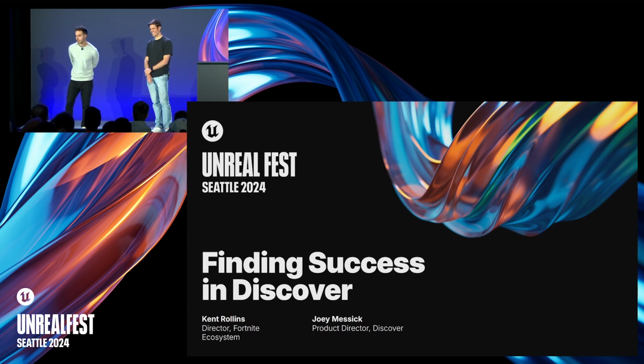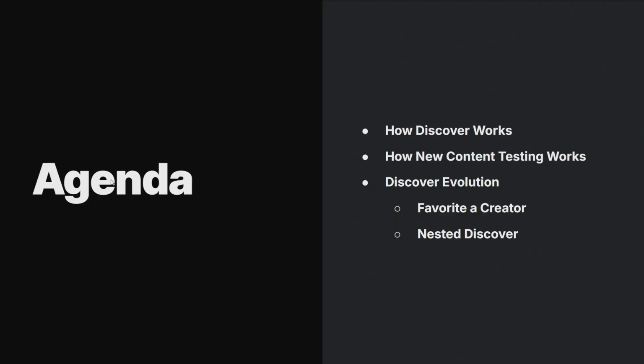Cool. Well, let's get into it. We've had a couple bites of this, and I think this ideally is the most condensed version of trying to crystallize what success in Discover is all about. And again, this is something we're continually iterating on, but I hope it's something that can be really clarifying as you think about the games you make and how you approach updating and continuing to iterate on those games. And so today, we're going to talk about how Discover works, we're going to talk about how new content testing works, and then we're going to walk through the Discover evolution, which is a fancy word for a bunch of features we're trying to deliver to improve Discover towards the end of this year.